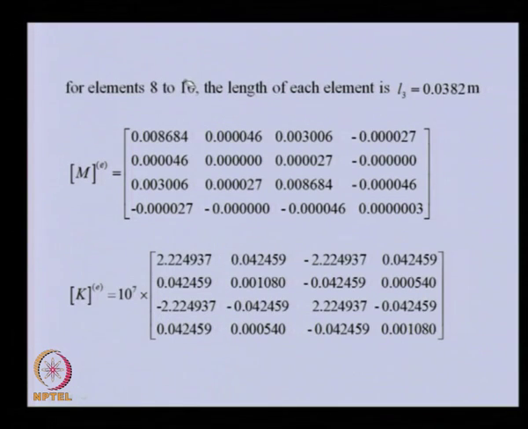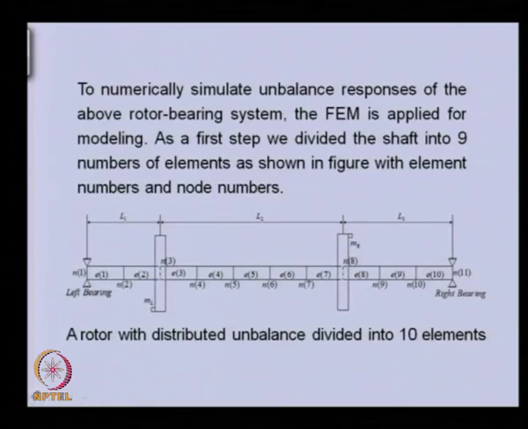from 8 to 10. So, from the second disc, on the right hand side, there are 2 more elements corresponding to that. These are the mass and stiffness matrix, and the disc mass we can add to one of the elements. So, as we have discussed earlier, the disc mass is the lumped mass. So, we can add that with element 2 at this node, or this particular element at this node. But we need to add this at one of the nodes. So, similarly this side also.